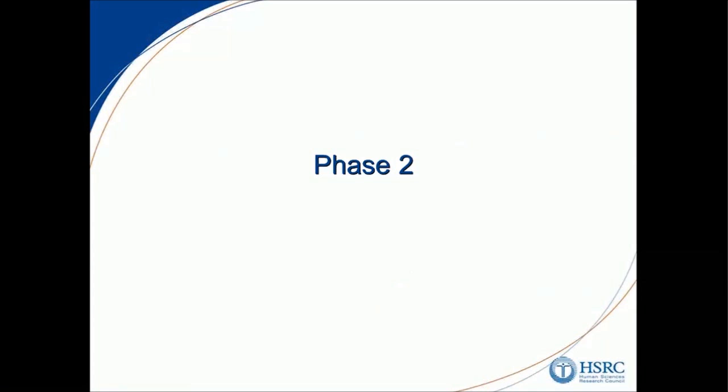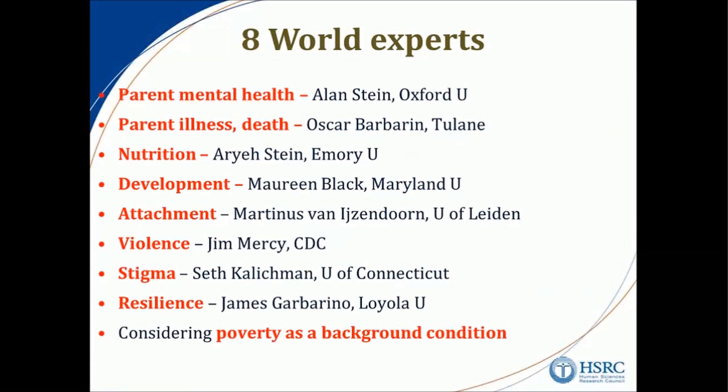But what was novel about this process was that we then wanted to take that evidence and give it to child development experts. We really were very lucky to get some really strong academics involved in this process. So we asked people who were in fields which we had noted during phase 1 were related to HIV. So we know, for example, that parent mental health can be affected by HIV. Obviously, HIV can affect parent illness and death. We have evidence that it affects nutrition, that it affects development, that it can affect attachment, and so forth. So all of these things that we knew that HIV had an impact on, we went to the experts in these fields and said, given your knowledge now of the long-term impacts associated with these challenges,